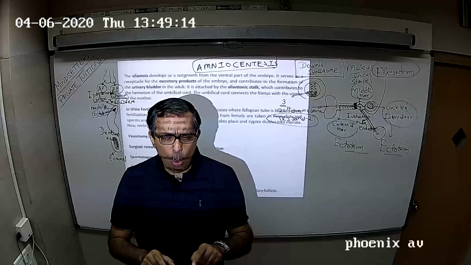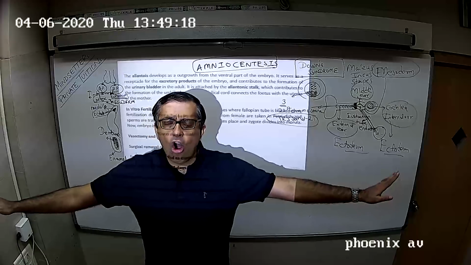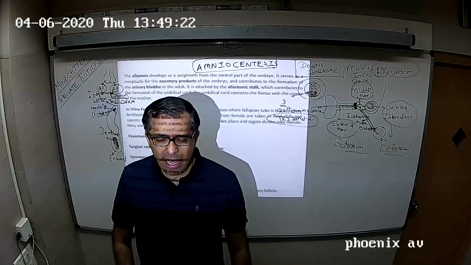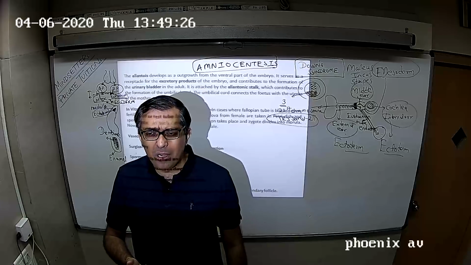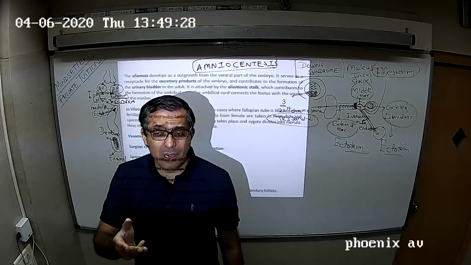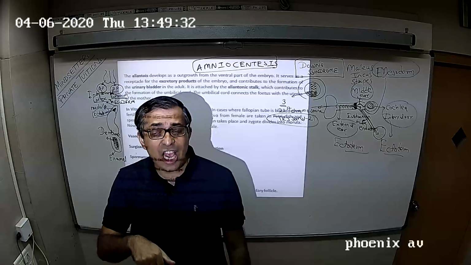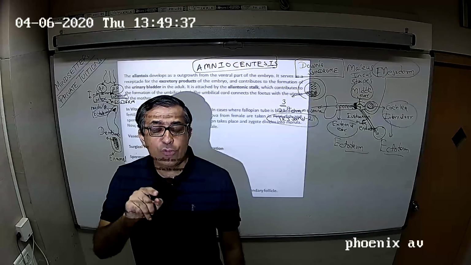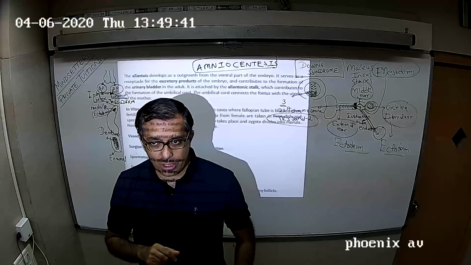With this, we have finished the biggest chapter of biology, human reproduction. Excellent concept. Lots we have learned in this chapter. In the NEET paper, maximum questions will come from this chapter, reproduction. You can expect out of 90, at least 4 or 5 questions coming from this chapter of reproduction.